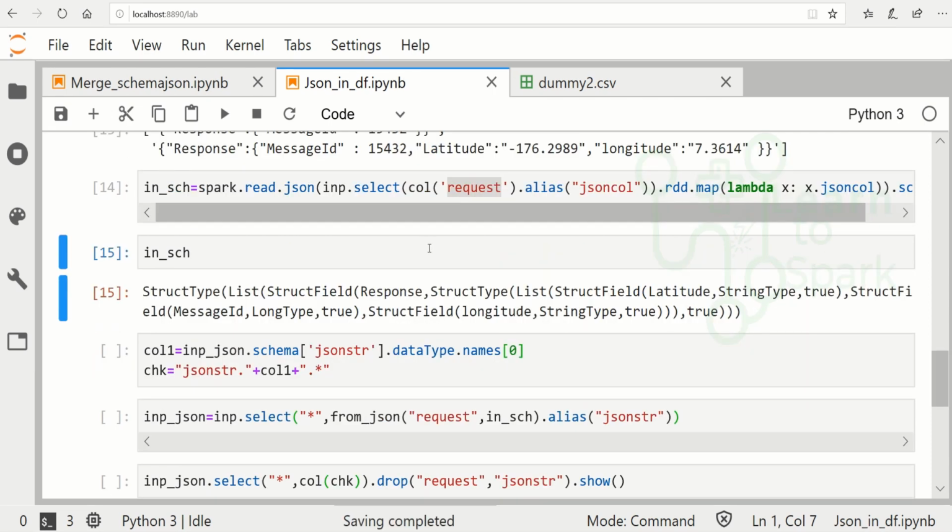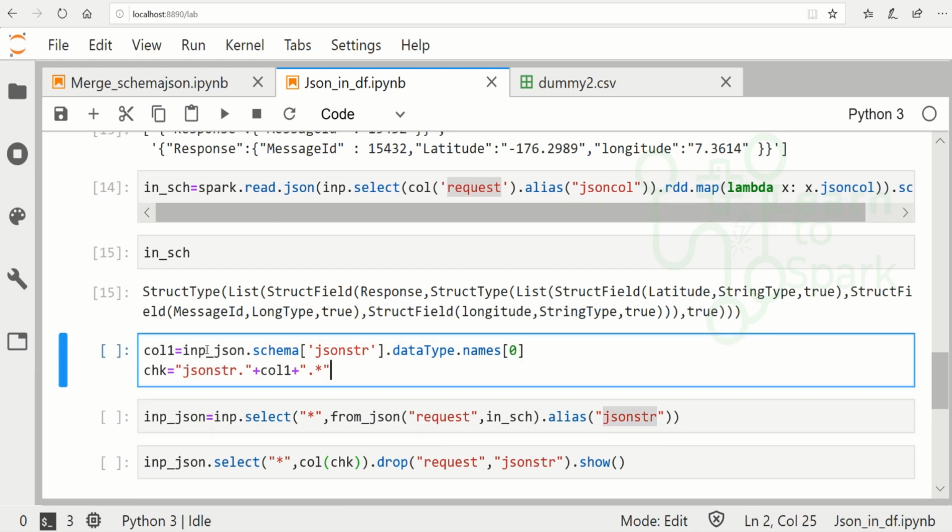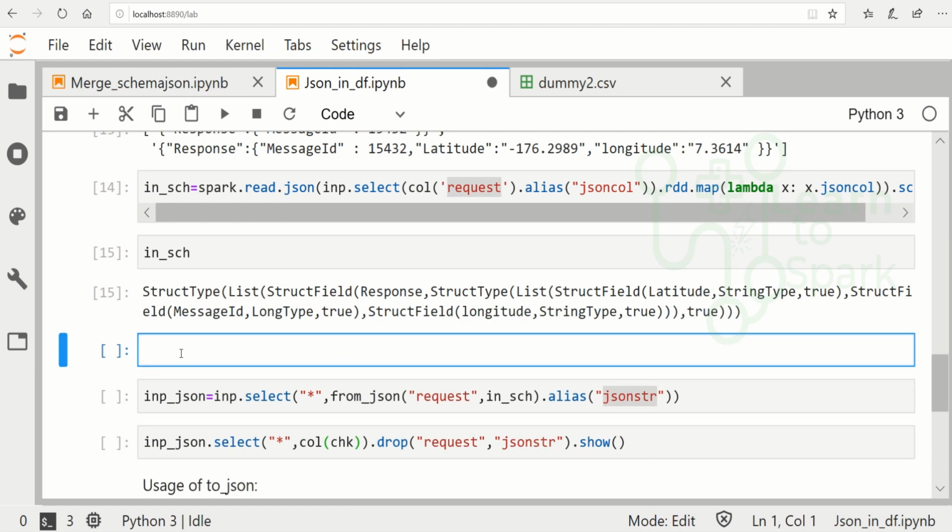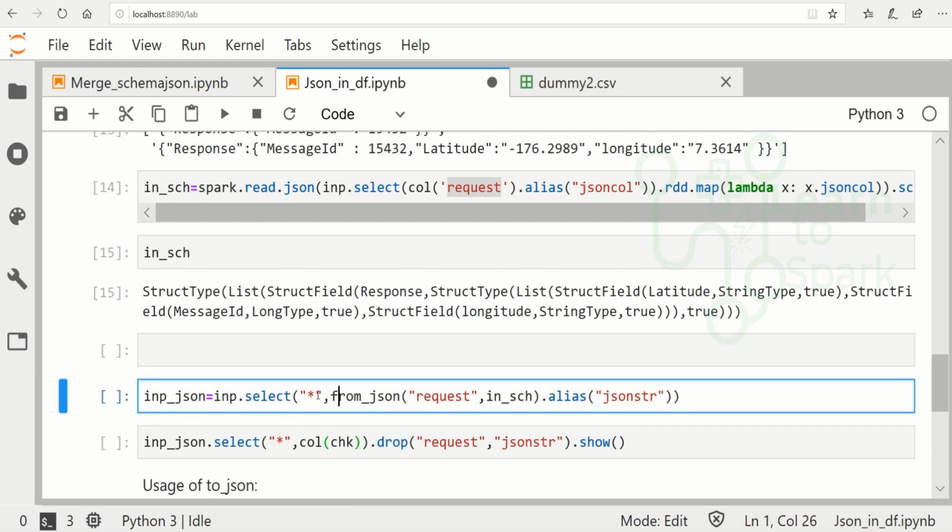Now we are going to extract each column and flatten the data. For extracting the number of columns that are available inside the JSON string, I'm going to give it as jstring. Actually this should be the next command, but I have given it as the previous one.